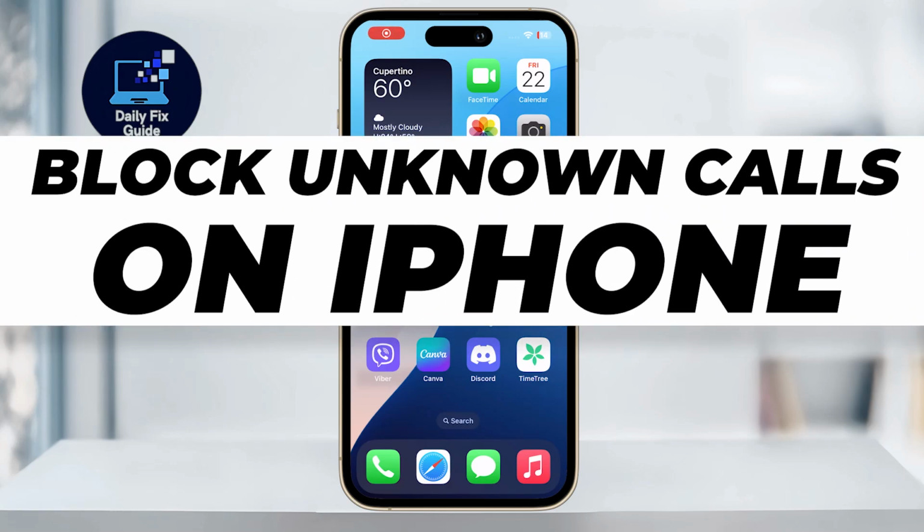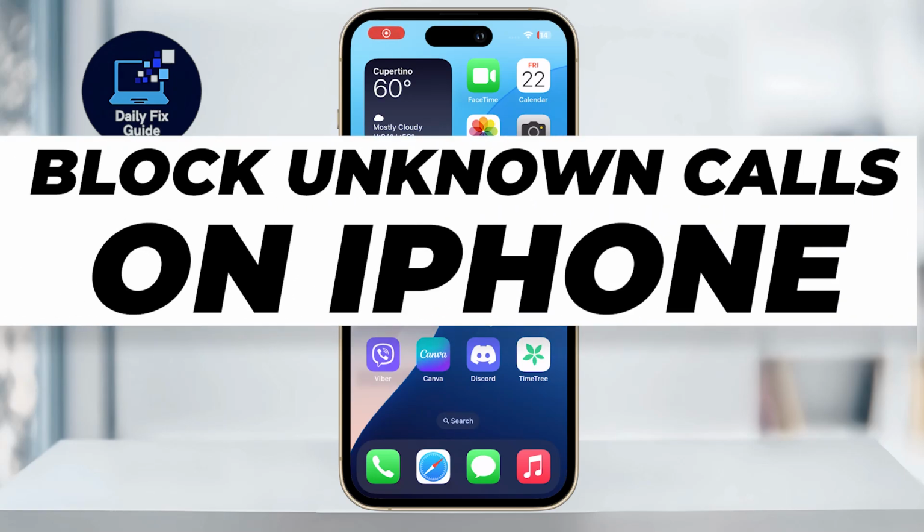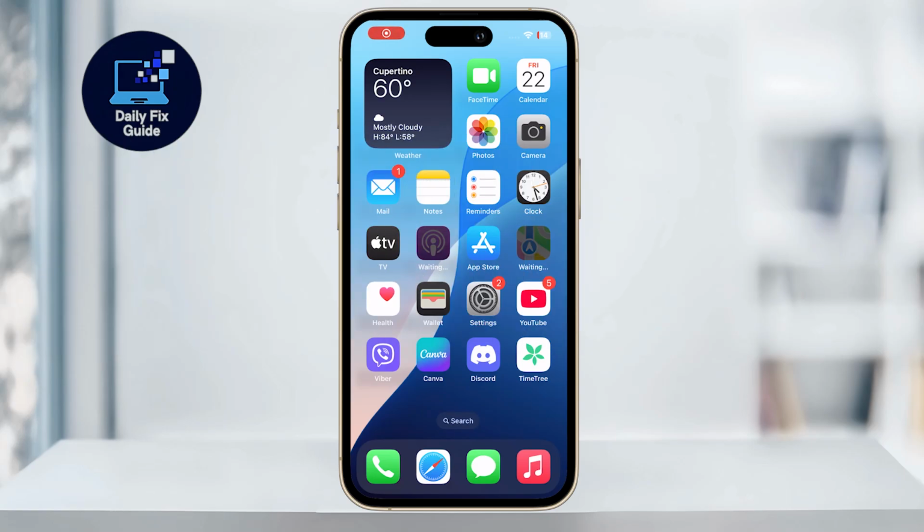How to block unknown calls automatically on iPhone iOS 18. Mute unknown calls on iPhone. Hey guys, in this video, we are going to show you how to block unknown calls automatically on iPhone iOS 18. If you want to block unknown calls automatically on an iPhone running iOS 18, here is how you can